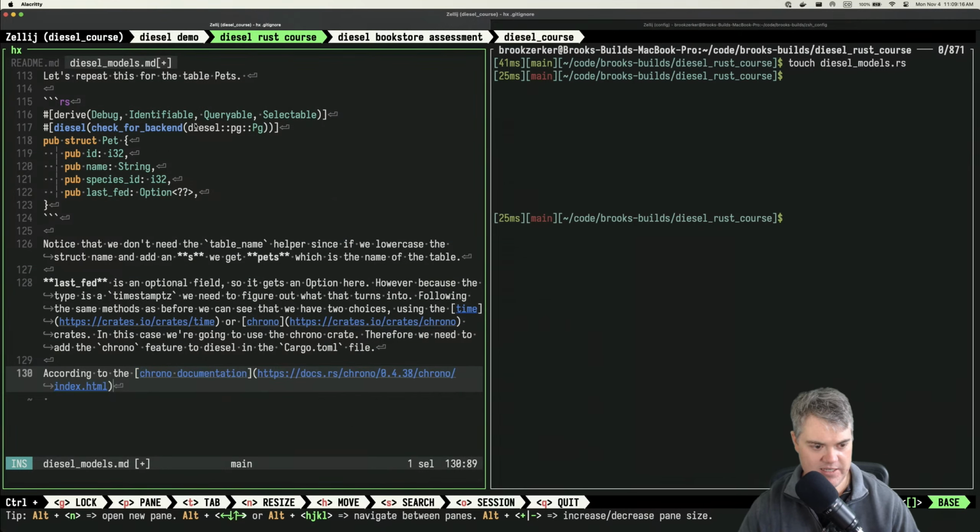According to the chrono documentation, the NaiveDateTime, I guess that's DateTime,